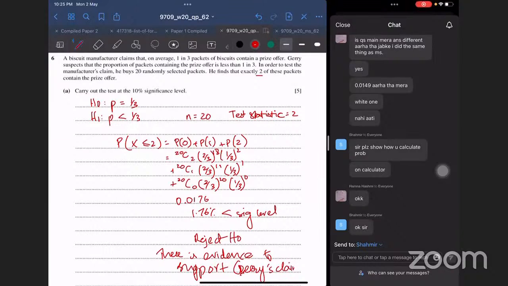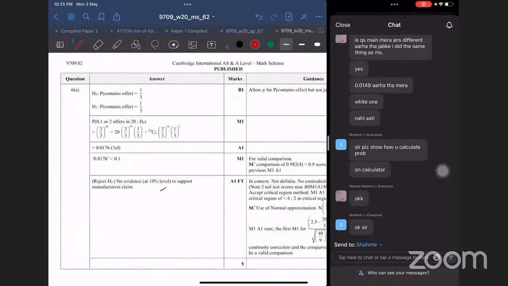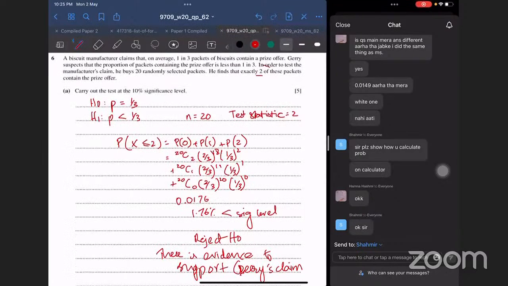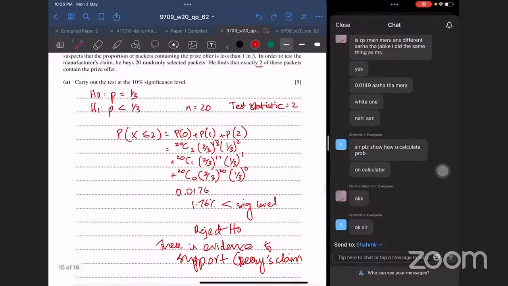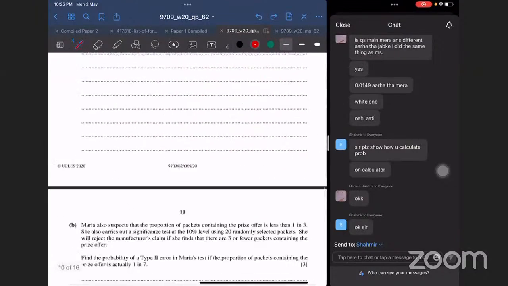वो उसने लिखा हुआ इस तरीके से है ना, तो I just got little confused. To support the manufacturer's claim ना, क्योंकि टेस्ट मैन्युफैक्चरर के लिए टेस्ट कर रहे थे ना आप। तो आपने जब H नॉट को रिजेक्ट किया तो आपने मैन्युफैक्चरर की बात रिजेक्ट की। ओके,